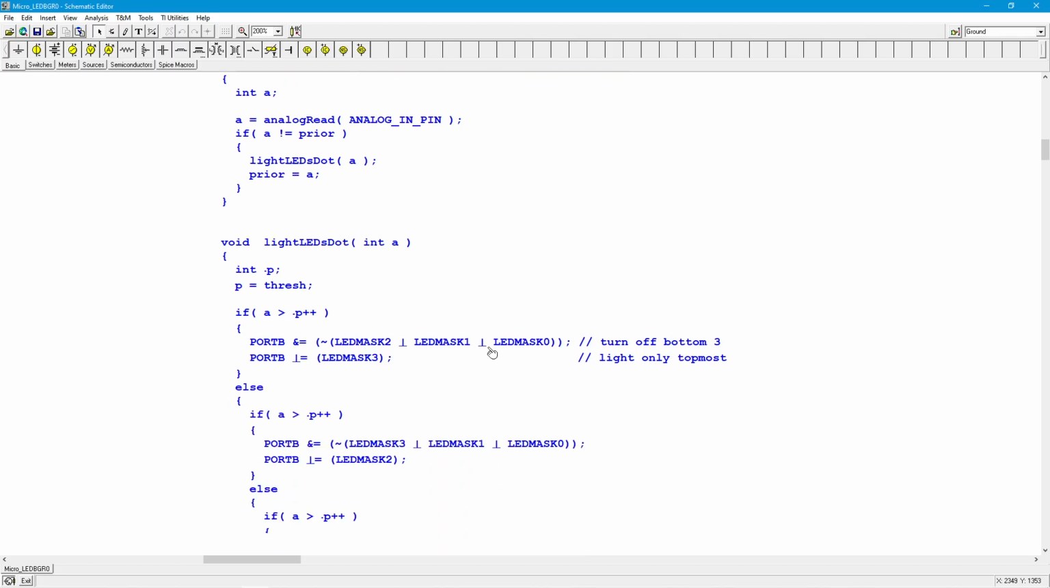Okay? All right, so here's light LEDs dot. And this is the same kind of format that we had in the light LEDs bar function. All right, so I'm going to call up a pointer, and this is another weird little thing that happened in Tina's text thing. The asterisk just turns into this little dot, right? This little dot. So that's a pointer, and over here, this is value at P, incremented. All right, so in any case, what we do is I'm going to set this pointer to thresh, in other words, the